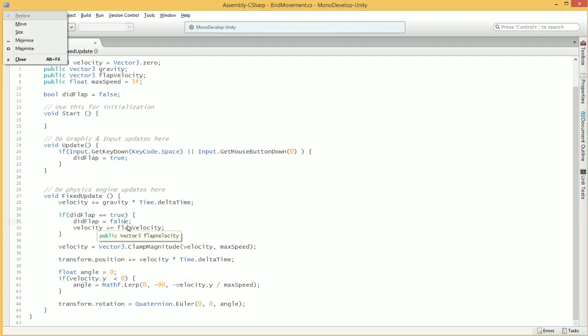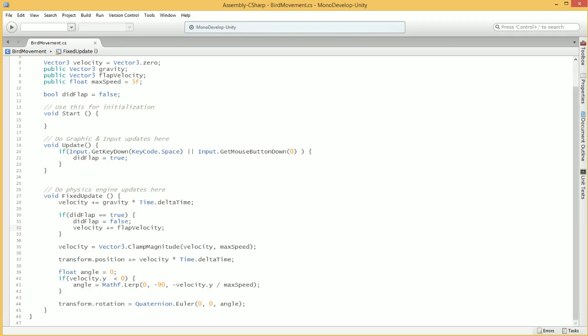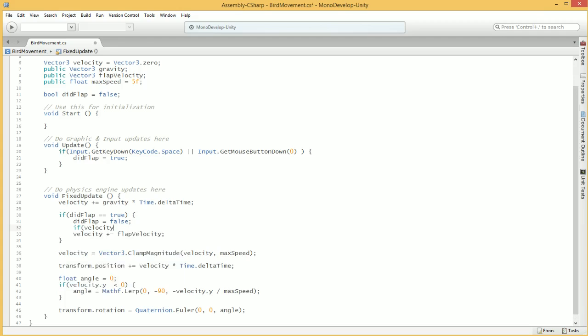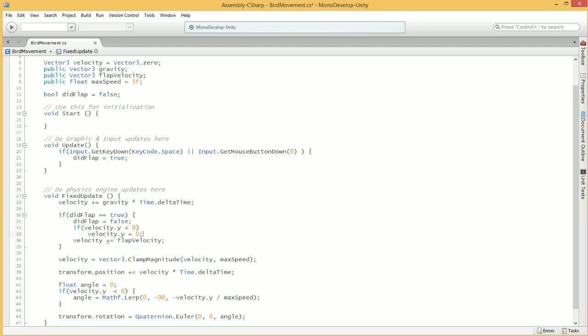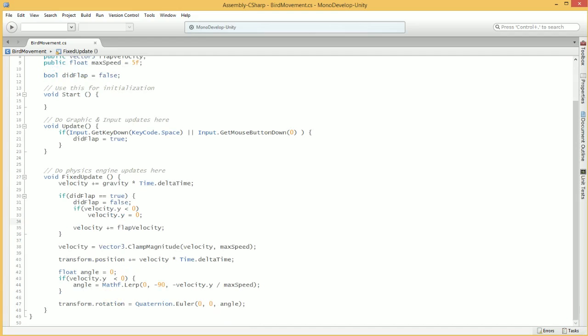Maybe before we flap? Now there's an idea. Let's set the flap velocity to only 1. But before we flap, if velocity.y is less than 0, then set velocity.y to be equal to 0. First cancel any downward motion and then add some flap velocity. So that way we'll never be going down after a flap. And then we can still flap more to go up. Oh, that feels pretty good. That kind of feels like the way you would expect it to work. Okay, I like it. Obviously, we still have to set a ceiling to the game, but that's feeling pretty decent,